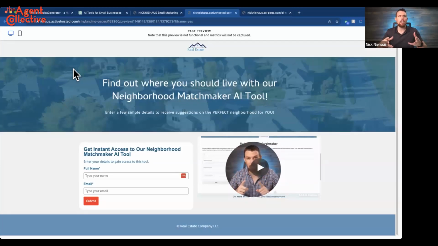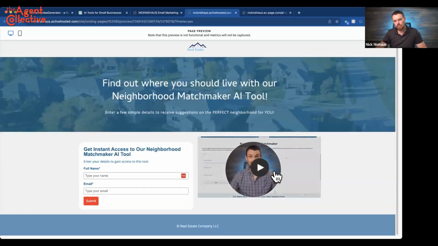So, it's just like, imagine you had a list of homes for sale. Like, I've got this list, it's 10 homes for sale under $400,000 in this area. Click here to download it. Same exact idea, right? So in this case, it's, hey, I have a neighborhood matchmaker AI tool. It'll help you make decisions about maybe what neighborhood you should be looking at moving into. And then obviously the idea is that once they get some recommendations for neighborhoods, they start thinking about where they might want to live. Then they reach out to look at homes in those areas. Okay. So there's just 2 steps. That's really it. They come to this page.